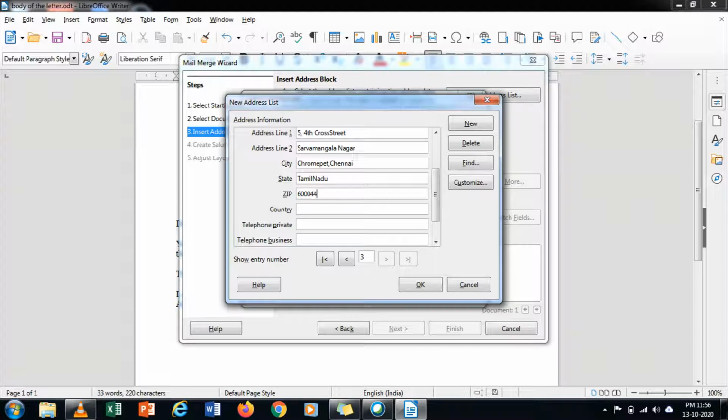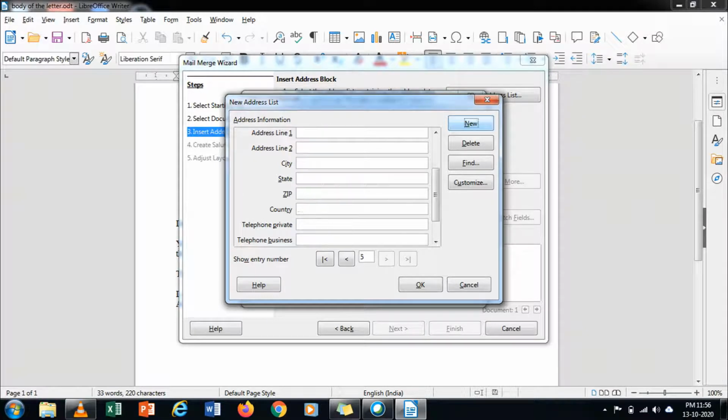Pin code 600044. I didn't leave space between Tamil and Nadu.